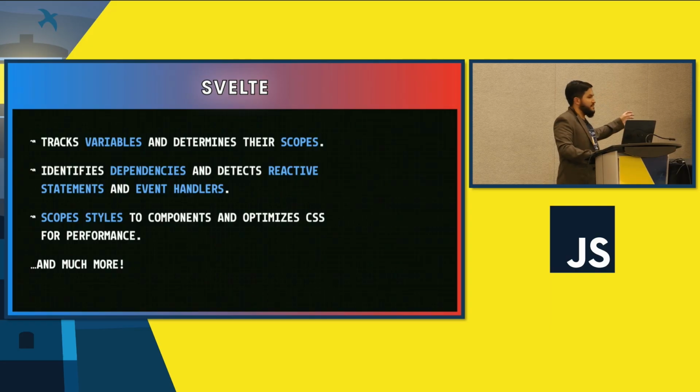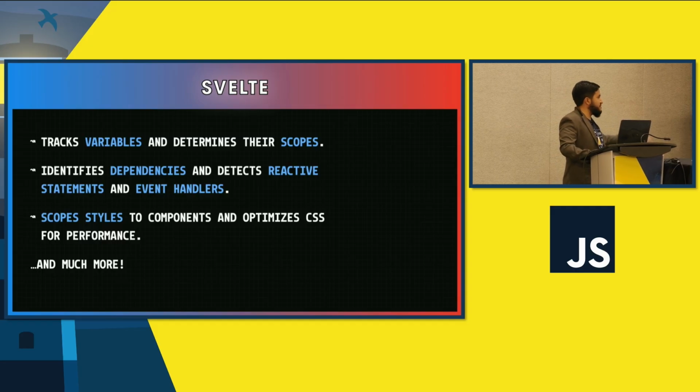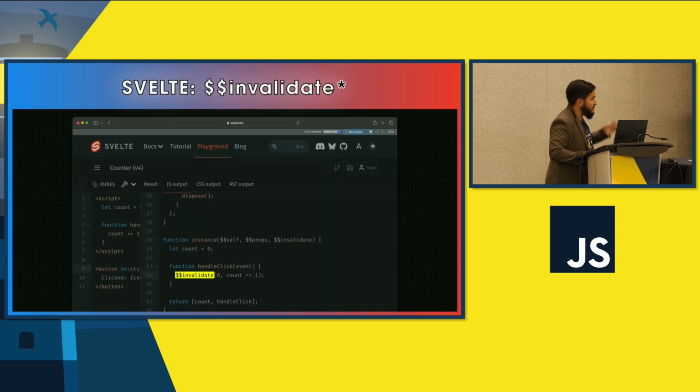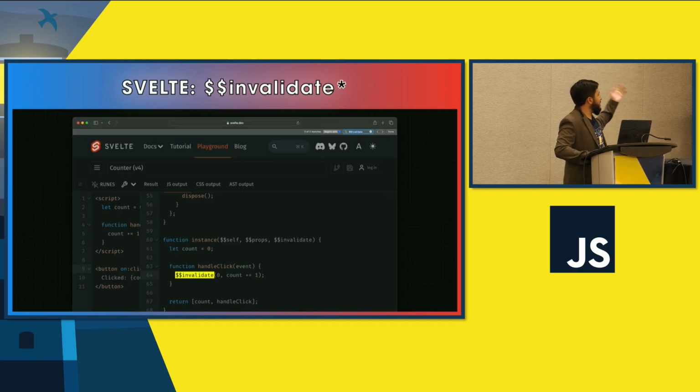It identifies dependencies and detects statements that could be reactive statements. It handles event handlers, and it also scopes your CSS and optimizes the performance and a bunch of other things. And if, again, you check the playground, it's super, super interesting to see what the compiler would do